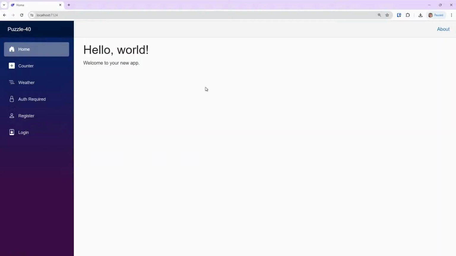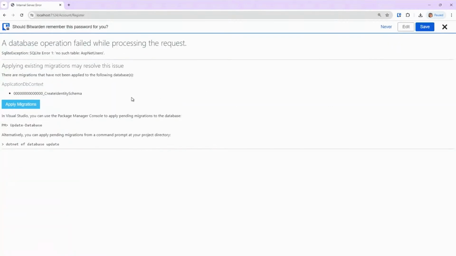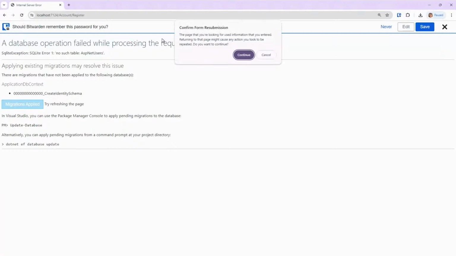Ooh, yeah, let's do it. All right. So go ahead and register. Let's create a new user and get logged in. All right, here we go. No, thanks, Bitwarden. All right, so we see this all the time. Yep. You've got to apply the migrations if this is the first time you're running in Visual Studio, blah, blah, blah. Go ahead and refresh the page